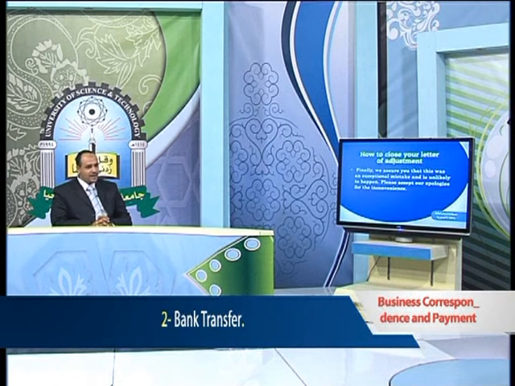Number 2, bank transfer. Whether in the same bank or in a different bank, payment can be achieved through transferring money upon the order from the buyer's account to the seller's account. 3, bill of exchange, or BE. It's a written order by the seller, drawer, to the buyer, drawee, to pay an amount of money at a specified future date. The bill is sent to the buyer through a bank to accept and sign it before goods are delivered.